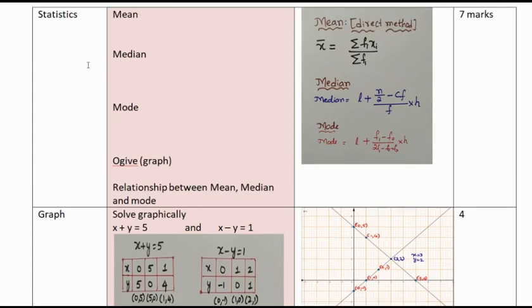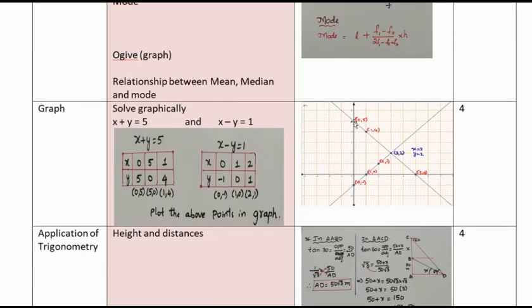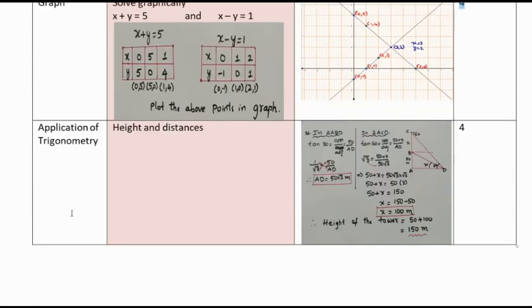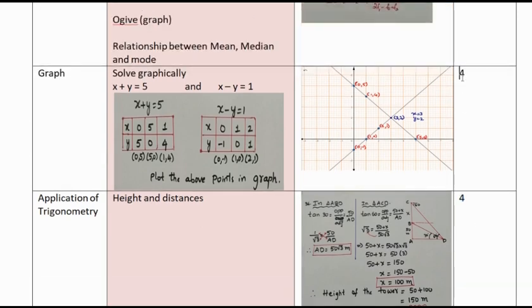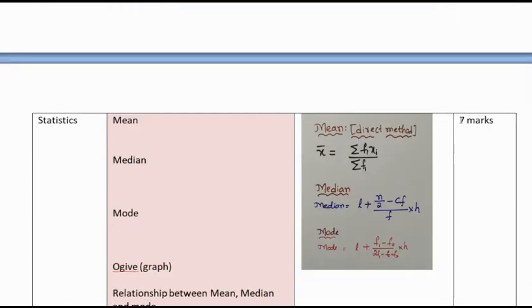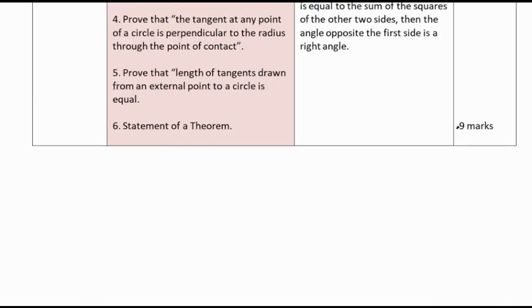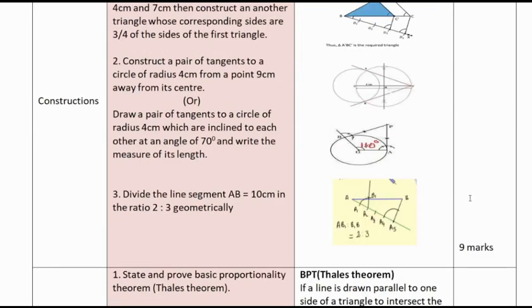And we also discussed statistics, one question from mean, median or mode, one ogive curve and relation between mean, median, mode. For these 3 questions, the weightage is 7 marks. And graph is a compulsory question for 4 marks and application of trigonometry is a long answer for 4 marks. We'll see the total weightage now. 4 plus 4 is 8, 8 plus 7 is 15, 15 plus 9 is 24 marks and 24 plus 9